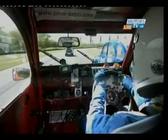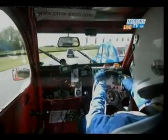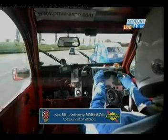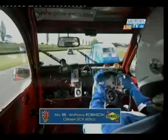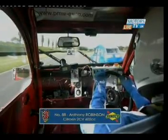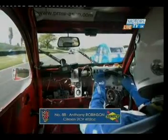There's our man with the left foot in the right position. When he overtakes somebody on the inside and they're on the outside, you'll see him move his left foot over and kick his door to shove the man out of the way. We saw that in the last race because he actually spun somebody out doing that. That's Anthony Robinson in the